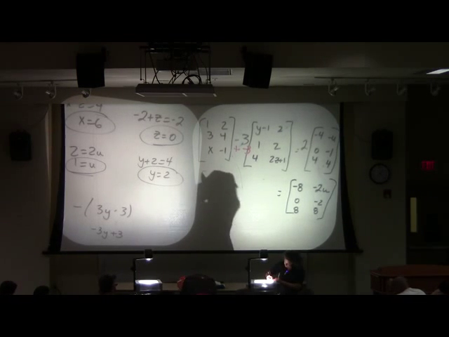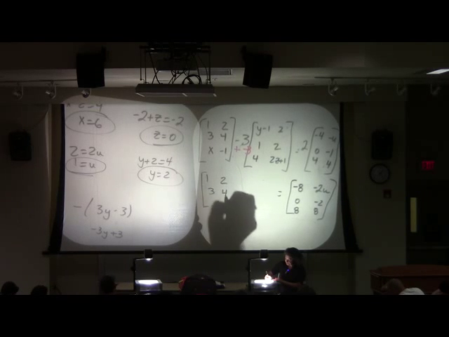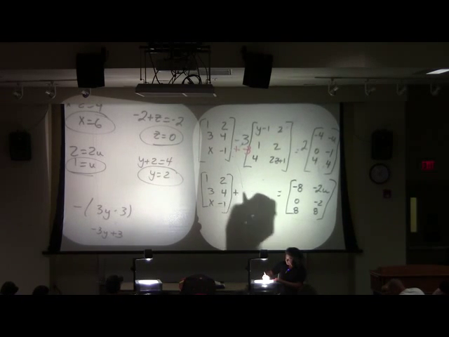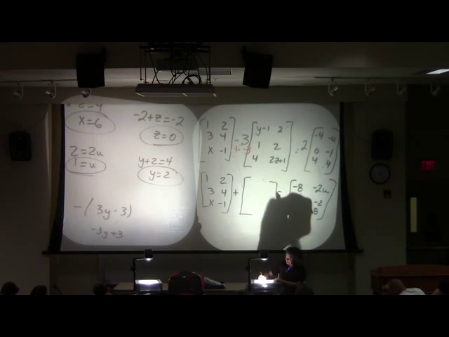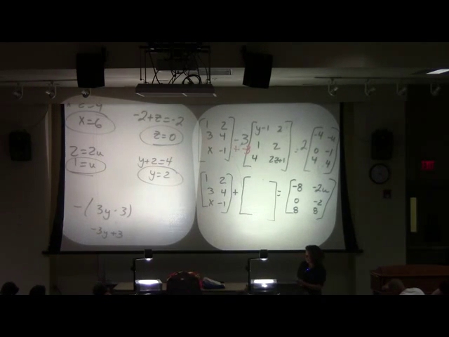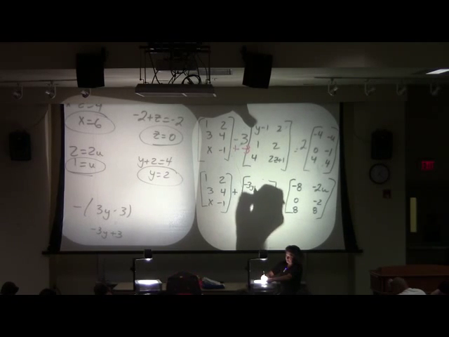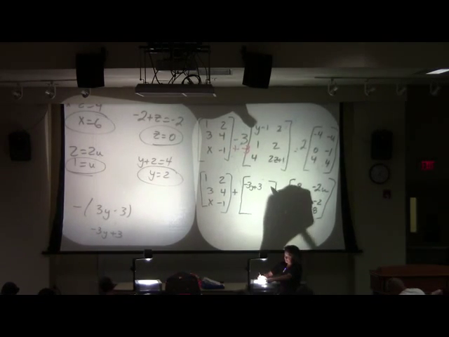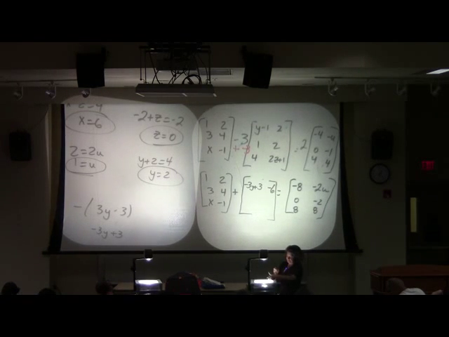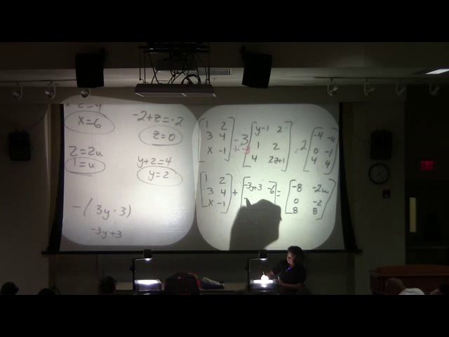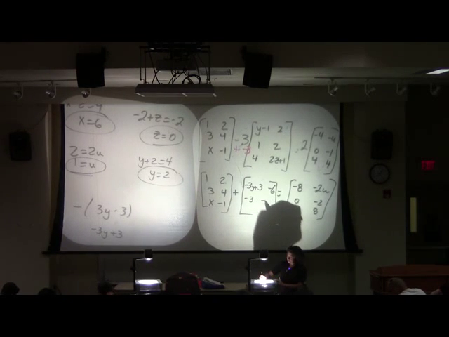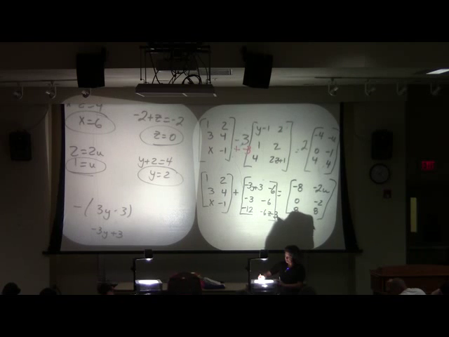So I'm going to rewrite my first matrix, 1, 2, 3, 4, x, -1. I'm going to make this a plus. And now let's multiply our second matrix by our -3. What does my first term become? -3y plus 3. -3 times 2 is -6. -3 times 1 is -3. Again, we get -6 here. We get a -12 there. And here, don't we get a -6z minus 3?